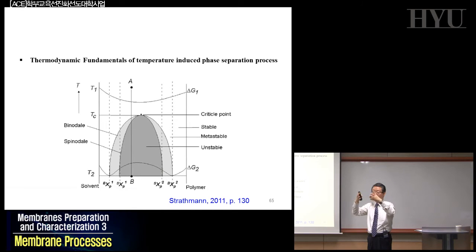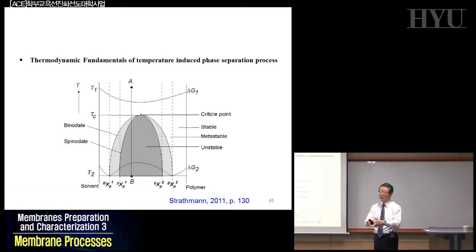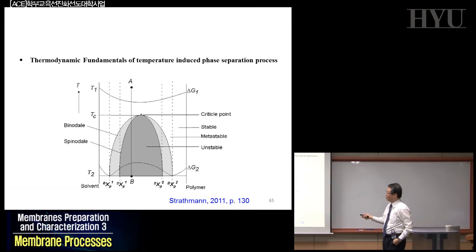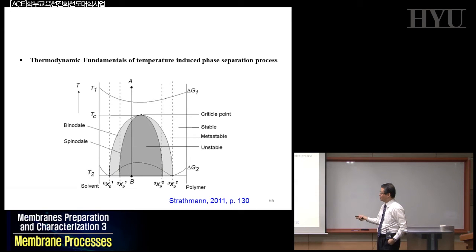But if you decrease your temperature, it starts to crystallize, starts to form nuclei and grow. At some point, it just crystallizes everything, and because you lower your temperature and pass your unstable region, you form your polymeric phases. This B point is called the imaginary point, but you have a polymer lean phase and polymer